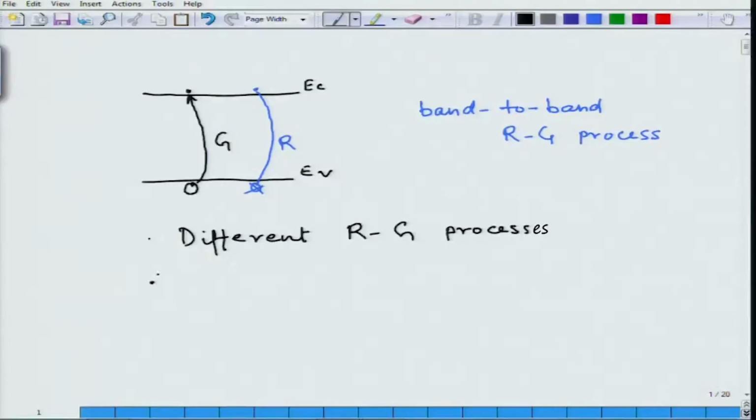And then we will look at, we have already looked at the generation rate in the case of thermal or optical generation. We will also look at what would be the recombination rate expression in a couple of special cases of electron hole pair generation and recombination. So, let us start with different RG processes. We will first start with recombination processes and then find the equivalent of a generation process for each of the recombination mechanisms that exist. So, assuming that the first process is already discussed, band to band transition, let us look